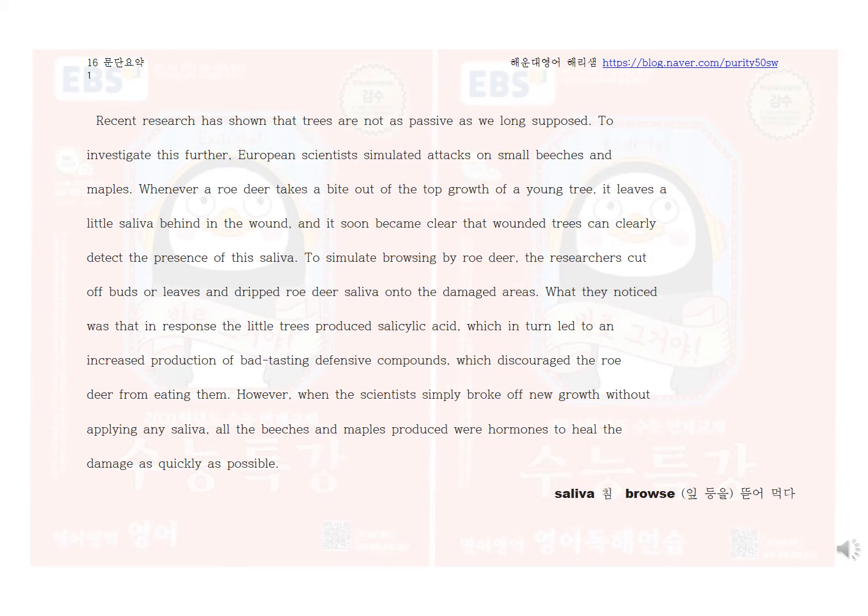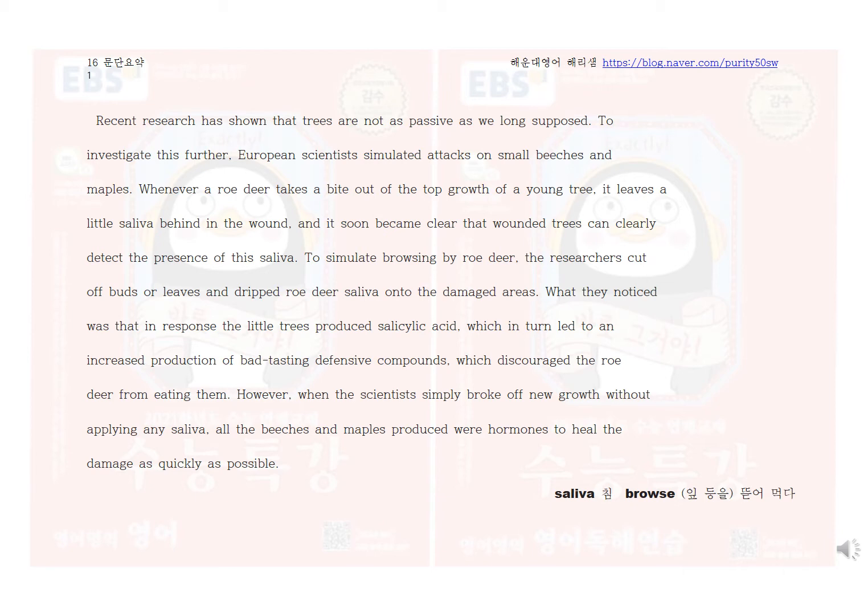Exercise 1. Recent research has shown that trees are not as passive as we long supposed. To investigate this further, European scientists simulated attacks on small beeches and maples. Whenever a roe deer takes a bite out of the top growth of a young tree, it leaves a little saliva behind in the wound, and it soon became clear that wounded trees can clearly detect the presence of this